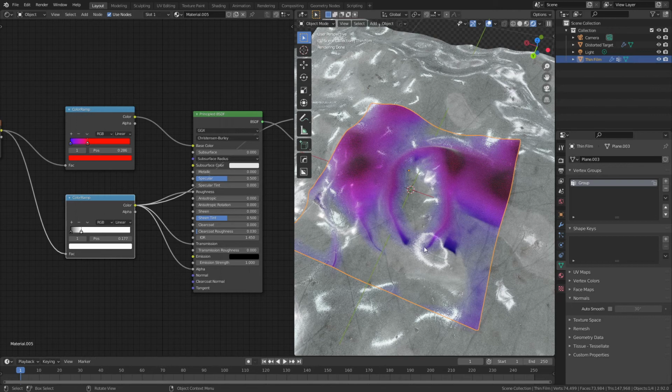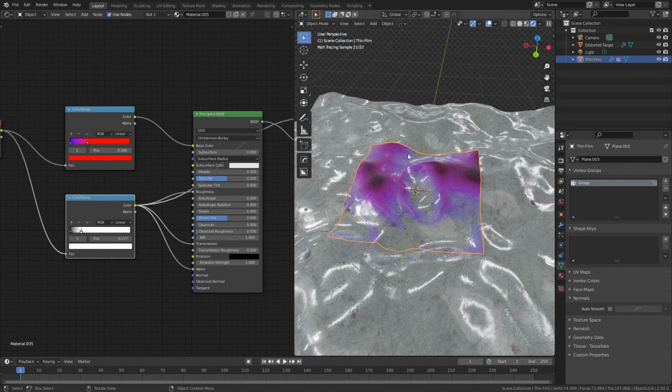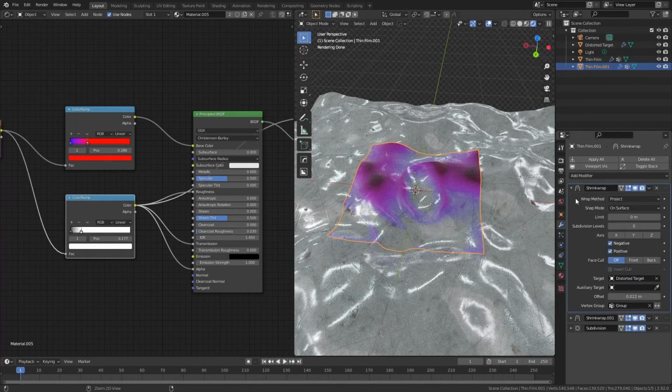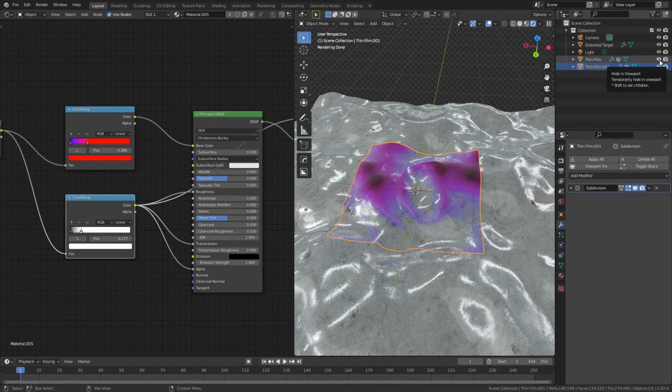You'll recall that I said before, for complex objects, the easiest thing to do is line up the film the way you want, and then simply duplicate it, come back and apply the modifiers. So we're going to apply the 2 shrink wrap modifiers. Now with our duplicate object, which we'll just rename as thin film,